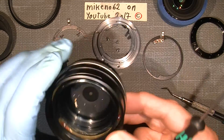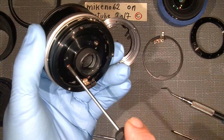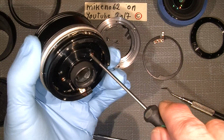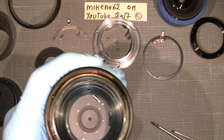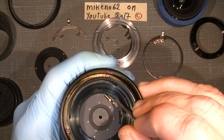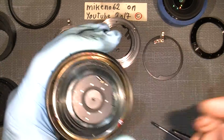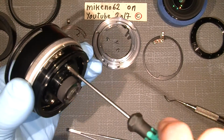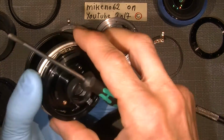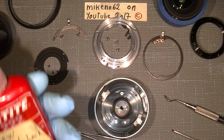See, wow, it's great, but I need to have the correct position. So just loosen the screws and very gently push it into position there. So my mark is correct. And now it's time for some thread lock. Which is the